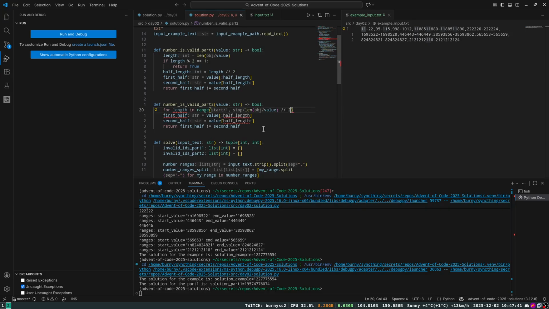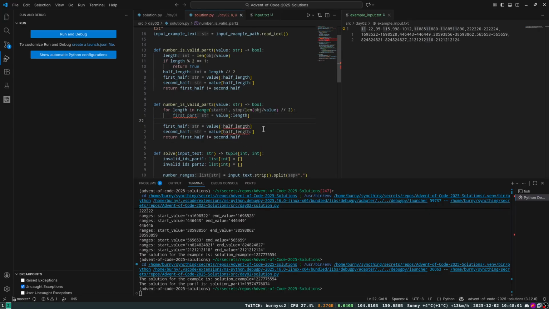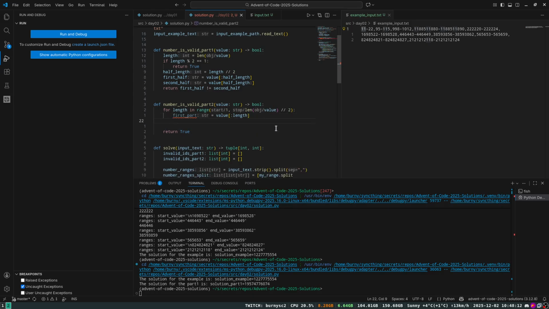If we have 2, we get also 1 back. That should be fine. First part. Value length. Then we just try to return false, return true. Otherwise, if we find one, if